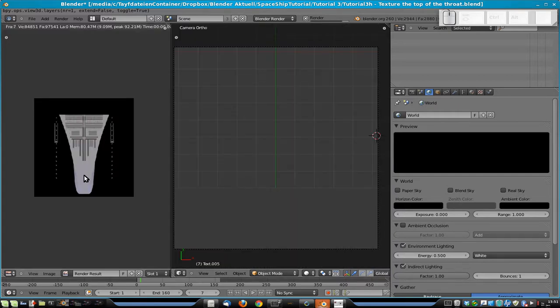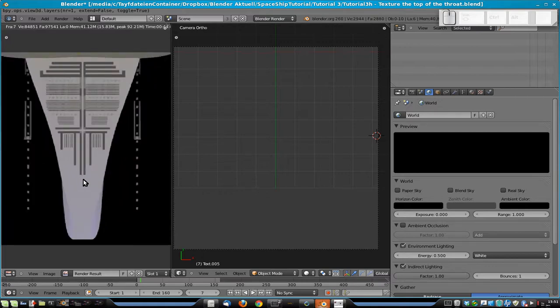Okay, quite nice, but not perfect. Since we don't have any painting here and, oh, sorry, and no windows, we can actually just add